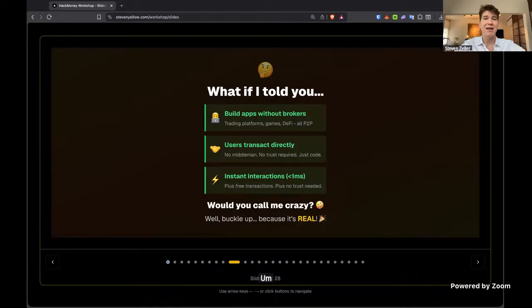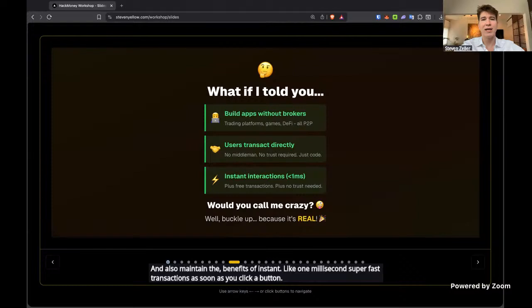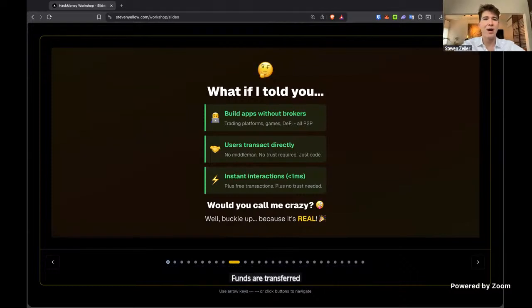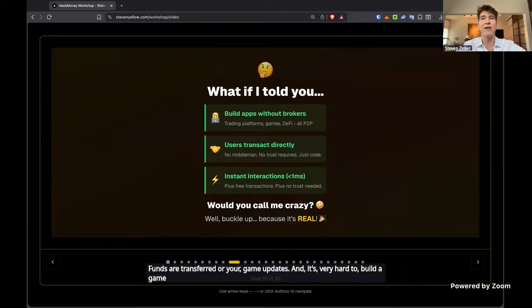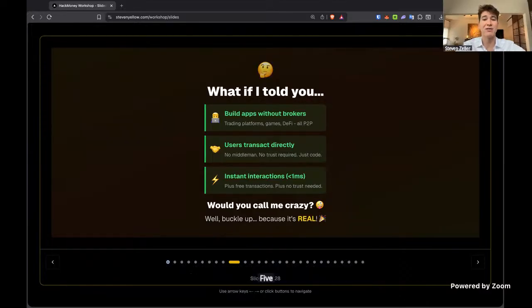We can instead build applications with no middlemen where people can transact directly and also maintain the benefits of instant, like 1 millisecond, super fast transactions. As soon as you click a button, funds are transferred or your game updates. And it's very hard to build a game when you have to wait 5 seconds, 10 seconds or more.